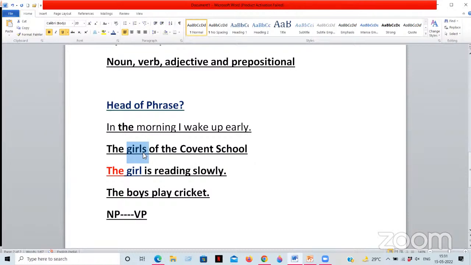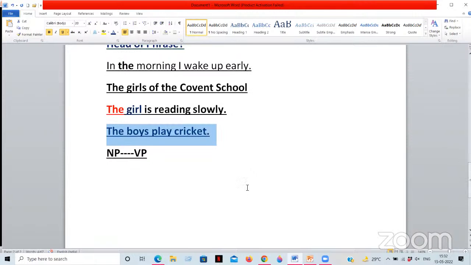Okay. So if the main part of that particular phrase is a noun or pronoun or adjective, the phrase will also be called by that name, like a noun phrase or an adjective phrase or prepositional phrase. And that particular noun or adjective or adverb, if that is the main part of that particular phrase, that is called the head of that phrase. Now I was talking about the thing that a complete sentence can be divided linguistically into two parts. And what are the two parts? One is noun phrase and another one is verb phrase.